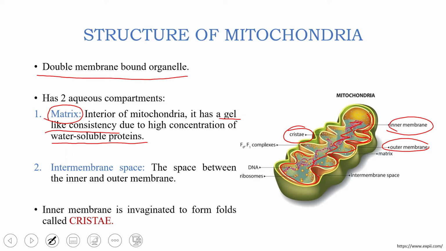In the figure you can also see there is a thread-like purple strand here in the matrix. Now this strand is the mitochondrial DNA. It is visible as a strand-like structure here, but usually the mitochondrial DNA is circular in nature. The mitochondrial DNA occurs in circular form, and the structure which holds the mitochondrial DNA is called a nucleoid.